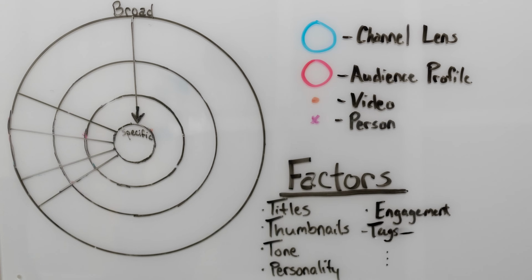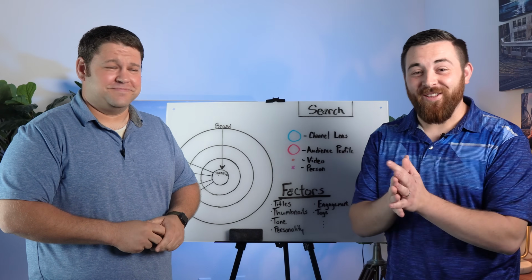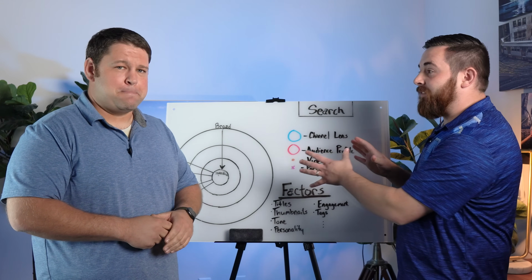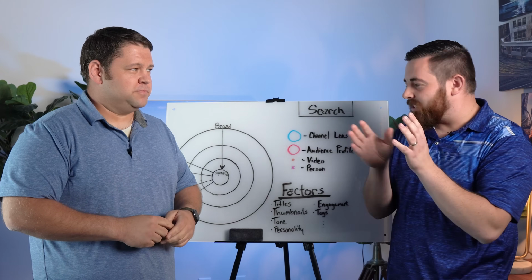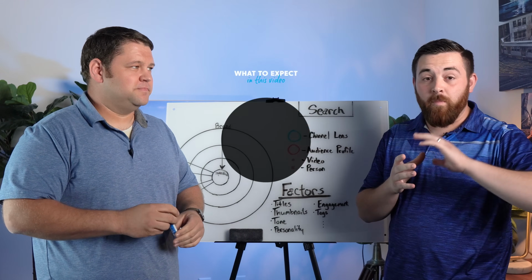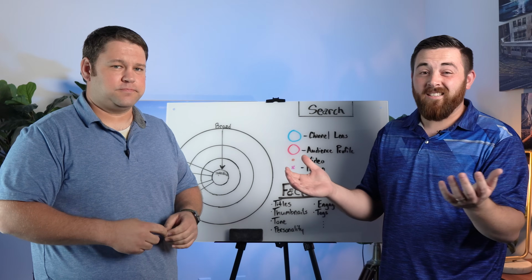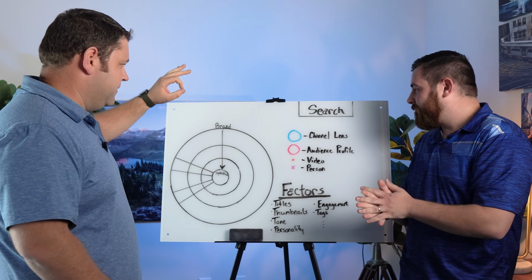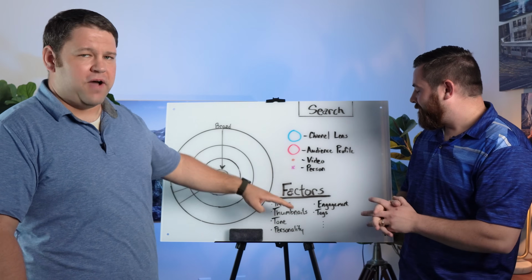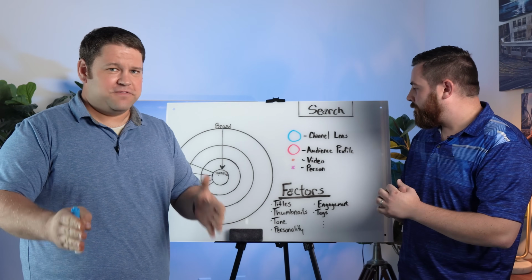This is a high-level overview of how the majority of the YouTube algorithm works. Guys, there's so much that goes into the YouTube algorithm, and this is just a piece of it. We're going to break it down for you so that it's easy enough to understand, so that by the time you're done with this video, you're going to walk away knowing what you need to do with your channel to improve and actually get some success. So let's walk through what this means, how it works, and define a few terms so that it's easy for you to follow.